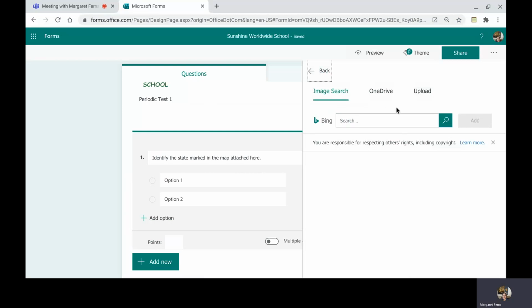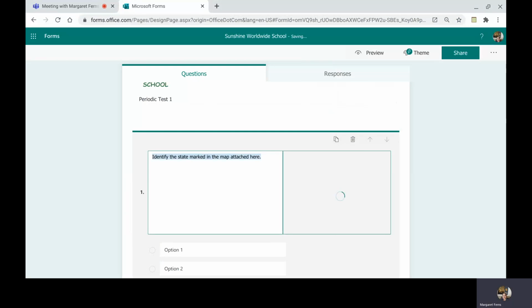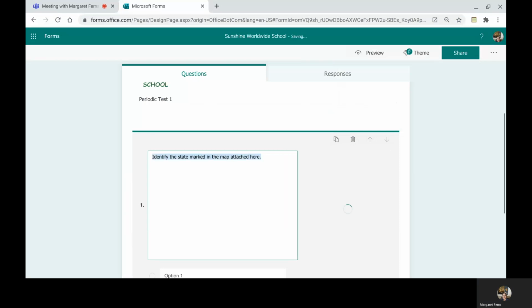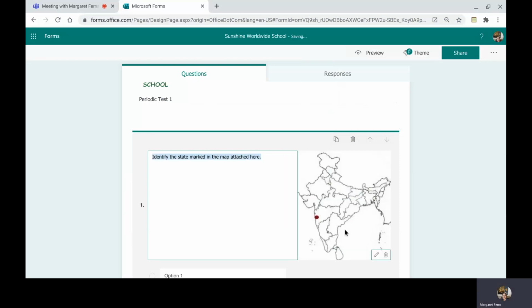the net, or you can also take it again from any of your pictures that are already saved on your desktop. So again, I go to upload and let's see here. I want to take a map, so I'm going to click on the map and I'm going to paste my map here. In this particular image, you can see that there's a dot here, and my question is my learners need to identify the state marked in the map which is